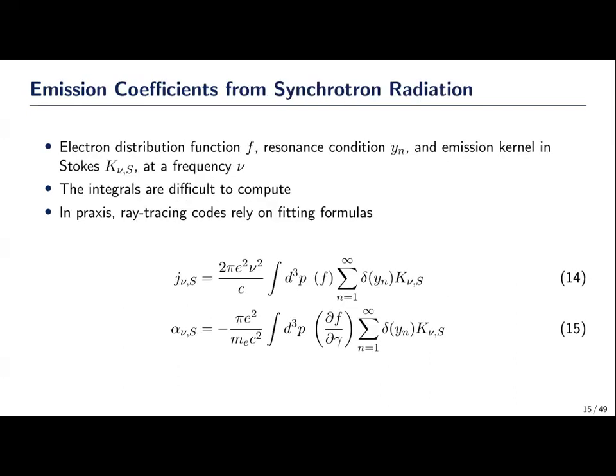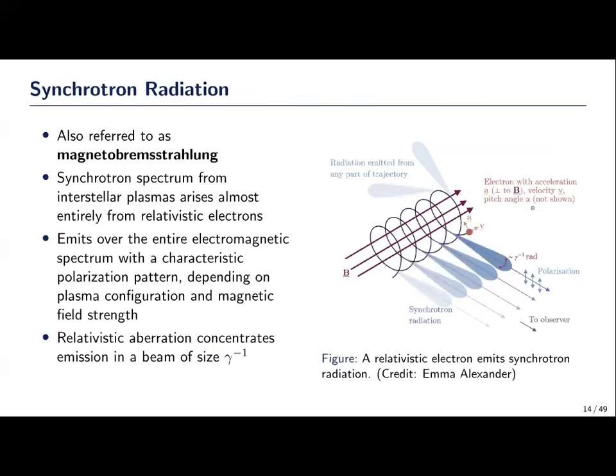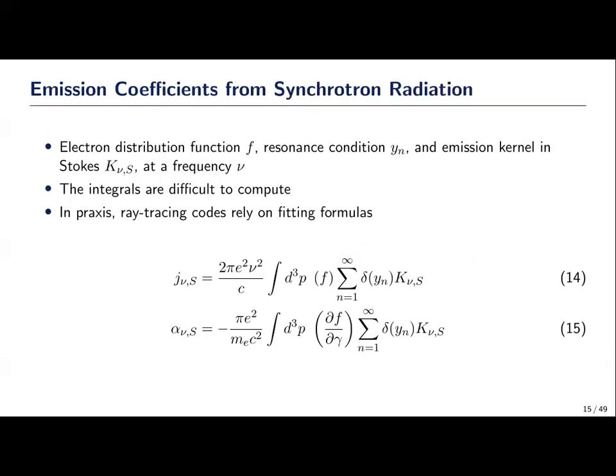Okay, you see this f and the dF/dγ. That is the electron distribution function. And this is a very important part of accurately computing synchrotron emission from interstellar media. Because, one thing I forgot to mention a few seconds ago: